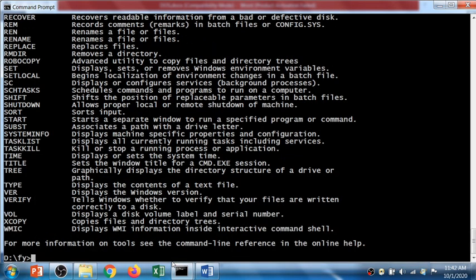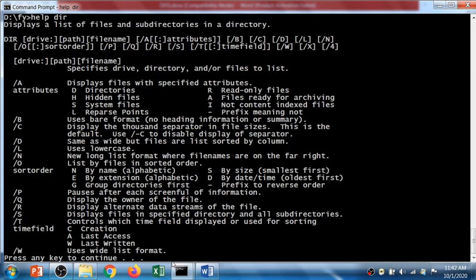Suppose you want to check the detailed information, let's say for the dir command, so type help and space dir, so it gives you the detailed use of that dir command, so all the available attributes with their values you can find. So from the list of available options, I have selected a few options, the 4 options, /a, /s, /q, right, and /o.